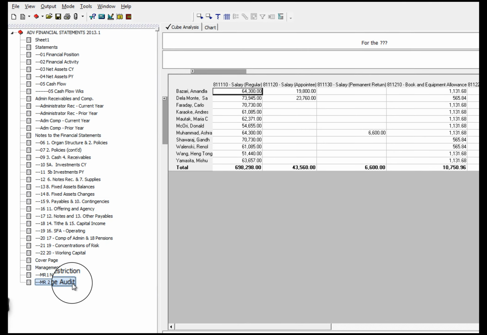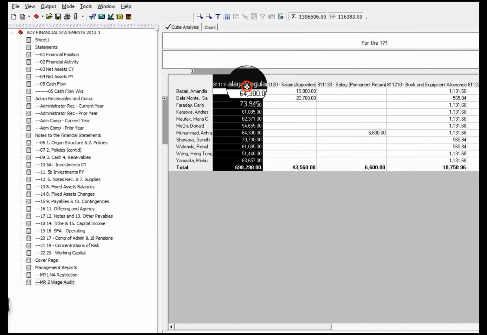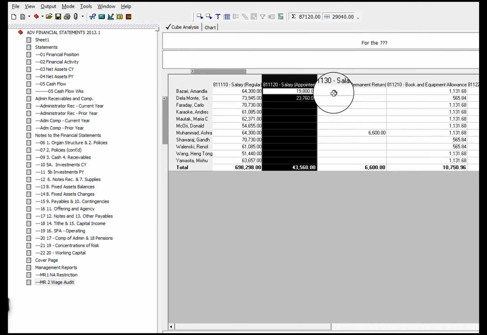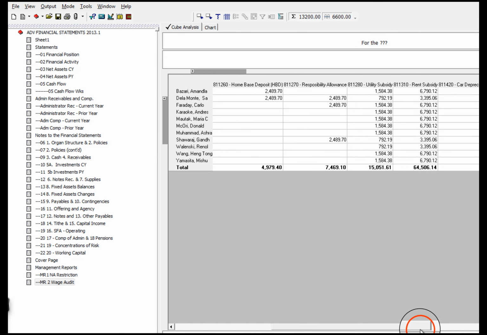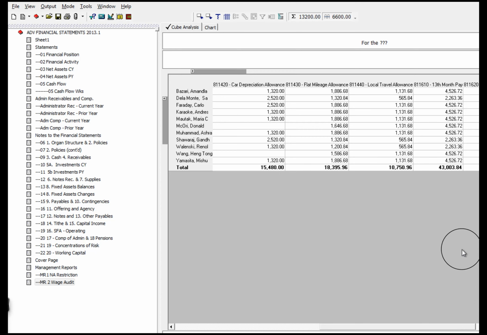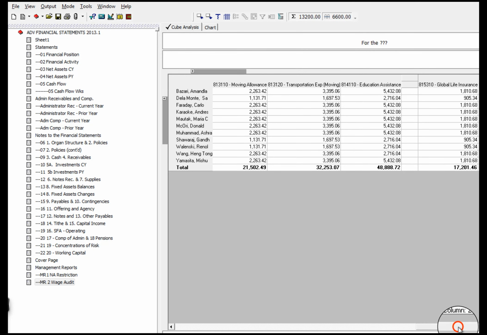And here is our wage audit, and it's a little bit unsatisfactory, the titles across here, but it's not too bad. Okay, and we come across here with each of our accounts, and you can see we have totals across here, and I'm not able to really scroll and keep it on the screen, the right hand side, but the right hand side has totals as well.